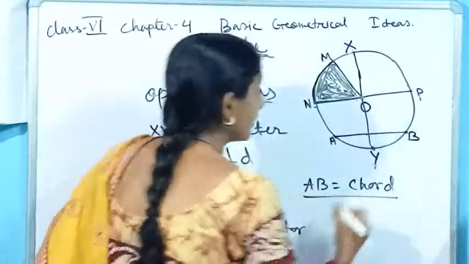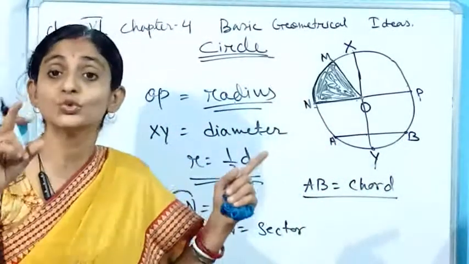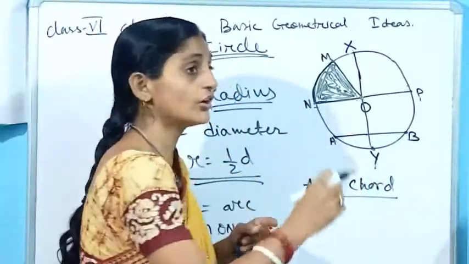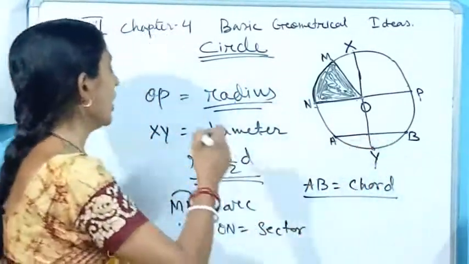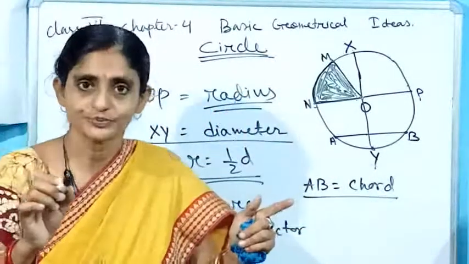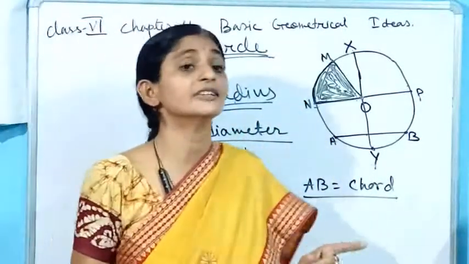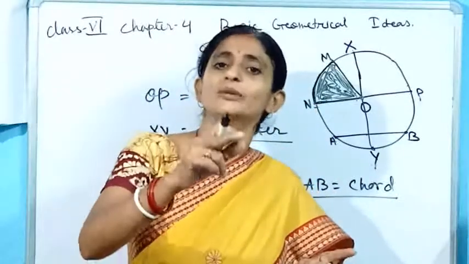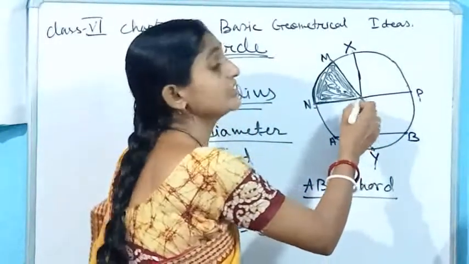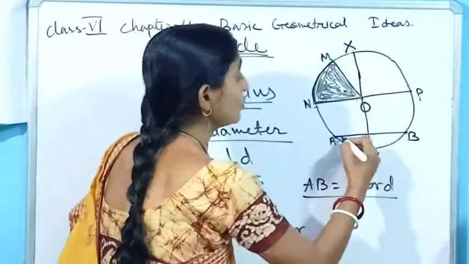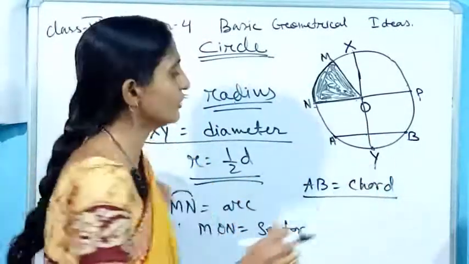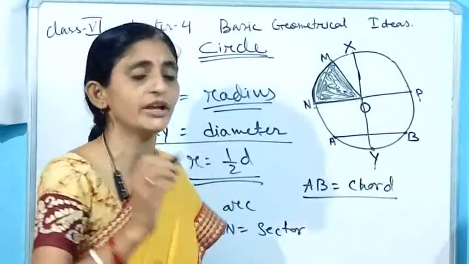So if AB is a chord, that means these are the two points, and if I join them, it will be called a chord. On that condition, the diameter we have drawn is also a chord. And the diameter is the largest chord of that particular circle. It is passing through the center and becomes the largest one. But these are also chords. You can draw so many chords on a circle.